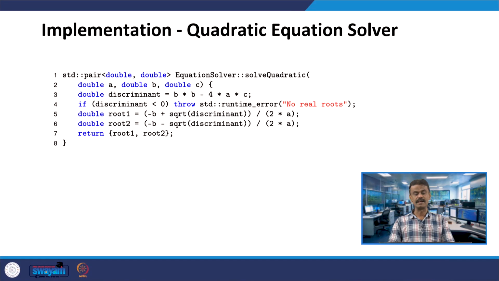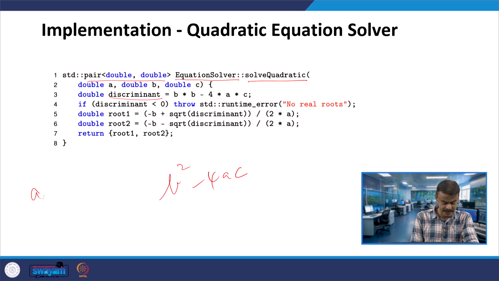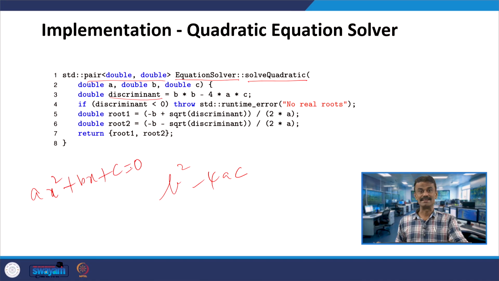And similarly, we have the quadratic equation solver. Solve quadratic, in the equation solver class we already have, returns a pair of double and double. You are passing a, b, c as doubles. Now, the discriminant you are calculating is b squared minus 4ac, for ax squared plus bx plus c equal to 0. If the discriminant is less than 0, throw a runtime error. It is throwing the exception, and no real roots will be printed.